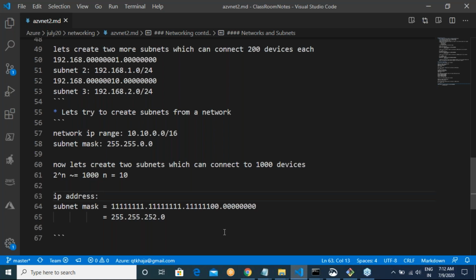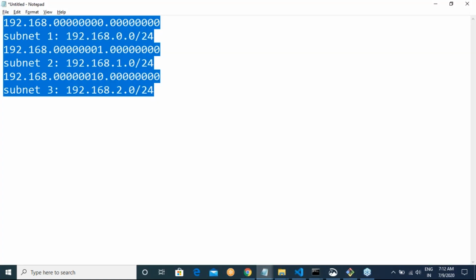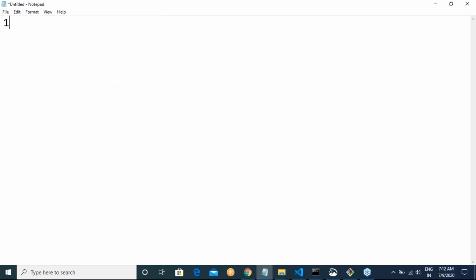In my IP address, let us do this drill again. 10.10. and let me write the decimals as bits: 1 2 3 4 5 6 7 8 dot 1 2 3 4 5 6 7 8. So this is the notation.